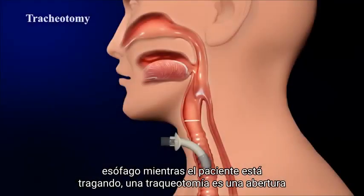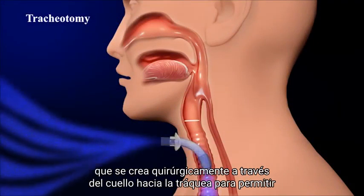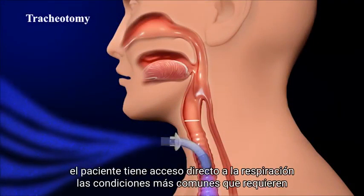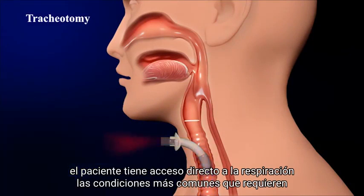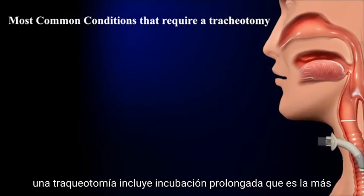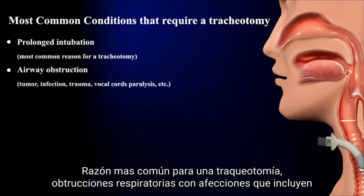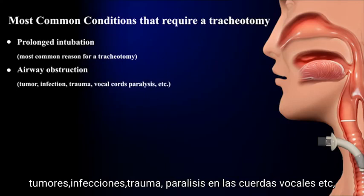A tracheotomy is an opening that is surgically created through the neck into the trachea in order to allow the patient direct access to breathing. The most common conditions that require a tracheotomy include prolonged intubation, which is the most common reason for a tracheotomy, airway obstruction, with conditions that include head and neck tumor, infection, trauma, vocal cord paralysis, and others,